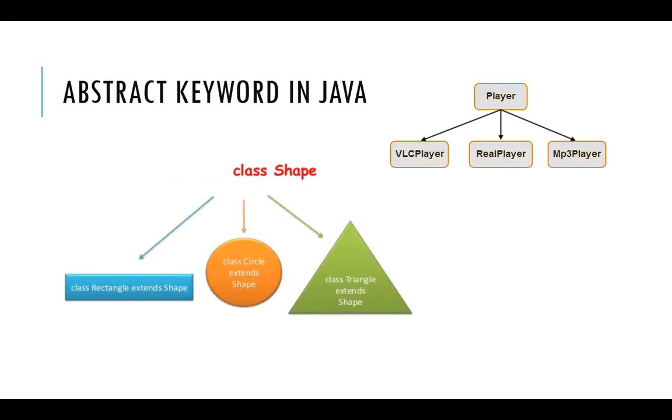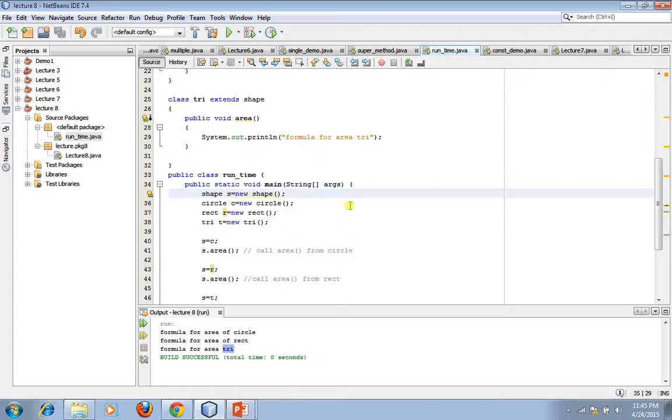अरे हमने तो ऑलरेडी ये प्रोग्राम डेवलप कर दिया है. यहाँ पे देखो मैंने क्या लिखा हुआ है? एक क्लास शेप, that is my base class, and I have to define 3 derived classes: rectangle which extends from the shape, circle and triangle. So इसी प्रोग्राम को हम कंटिन्यू करते हैं and I will try to explain you the concept of abstract keyword. Okay? So open that program in NetBeans. Okay, चलो